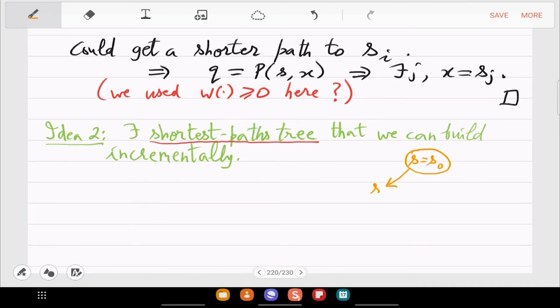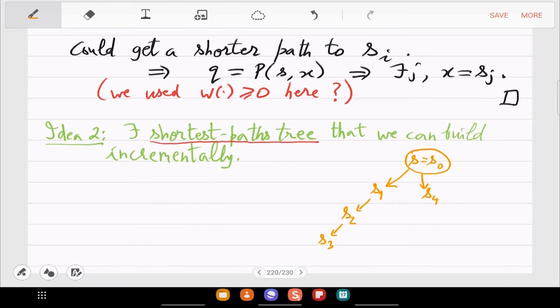You have S0 to S1, an edge, where S1 is the nearest vertex from S. Then from there we have found some S2, from where we have found some S3, and then S4 may not be in that path, S4 may be somewhere else. This may also happen. It is not that you travel from S0 to S1 to S3, then you reach S4. Maybe the path to S4 is completely different, so that's a different branch of the tree.